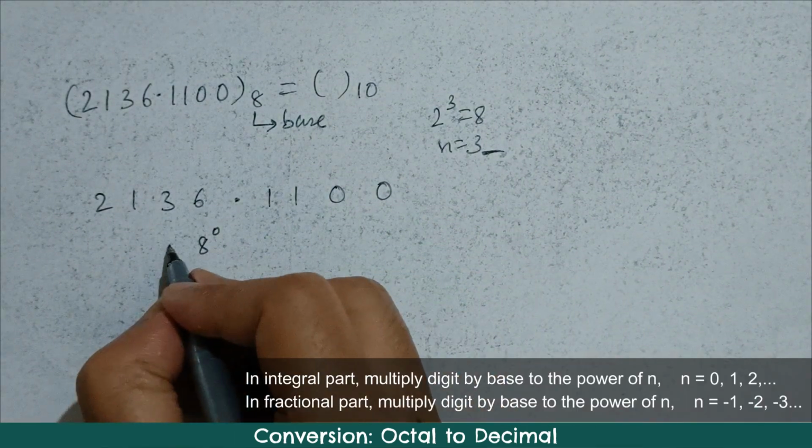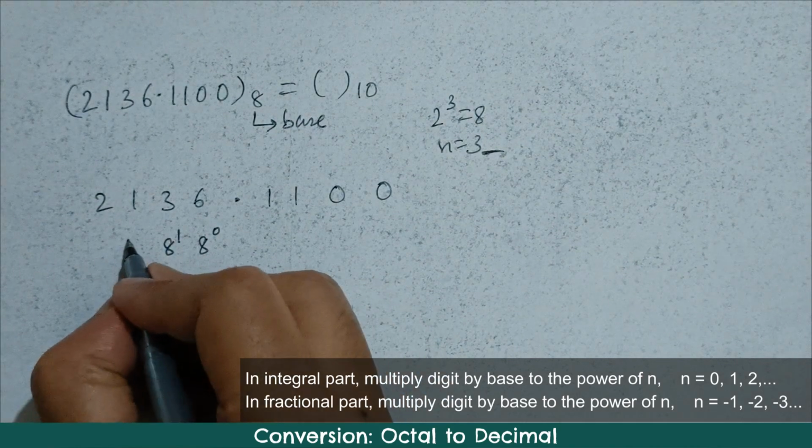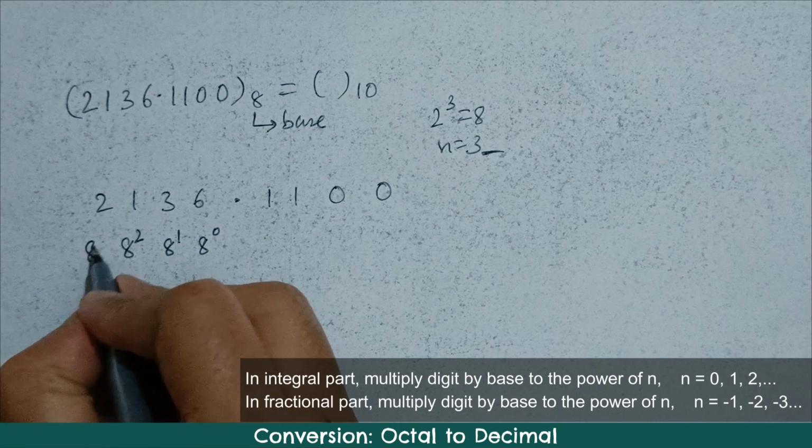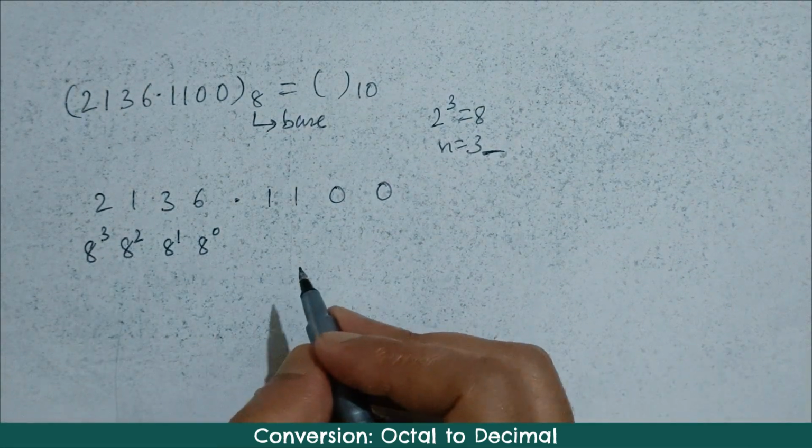multiply 6 by 8 to the power of 0, multiply 3 by 8 to the power of 1, multiply 1 by 8 to the power of 2, multiply 2 by 8 to the power of 3, and, in the fractional part